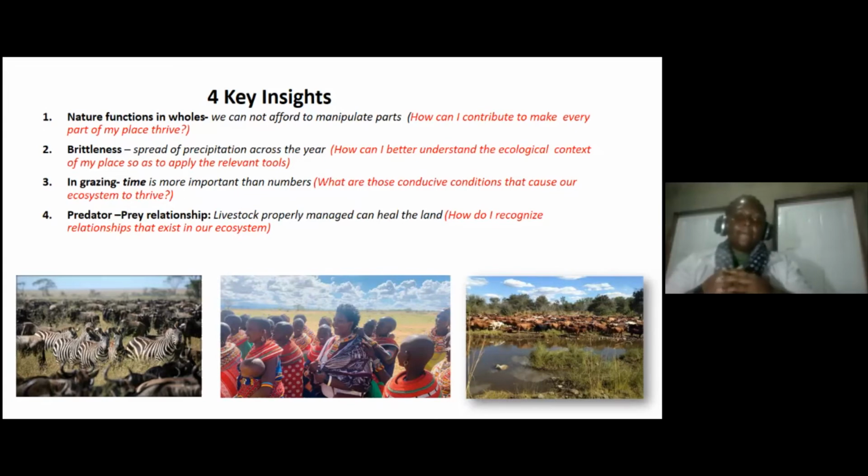So now I have to ask myself, how do I recognize the relationships that exist in this ecosystem, and how can I enhance them as a manager? And the idea of removing people to do conservation, that's a known phenomenon. You cannot separate people from nature. I think it's high time we accepted that and worked back the systems of how we can be stewards again so that everything flourishes.